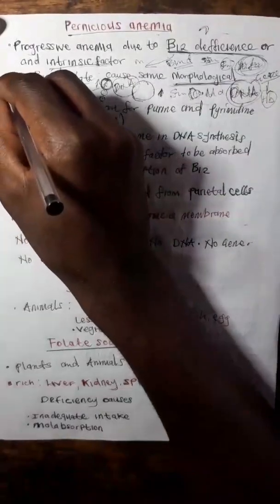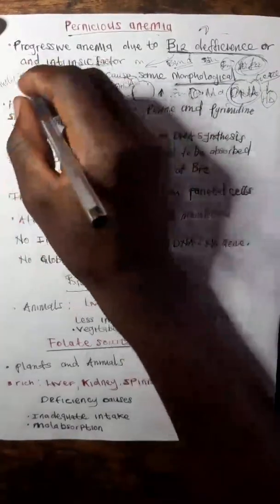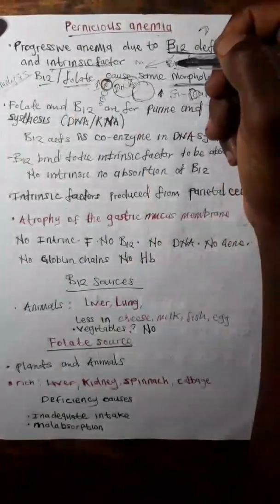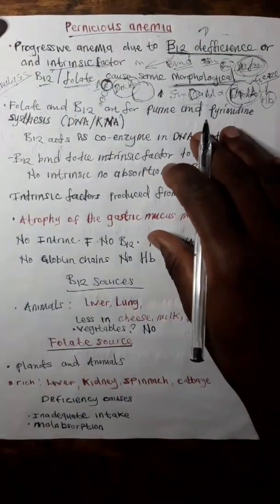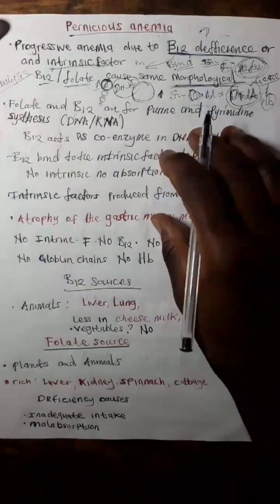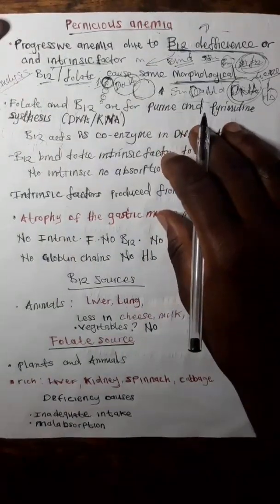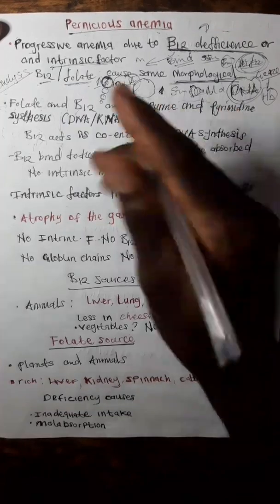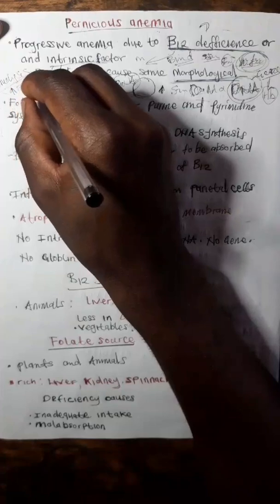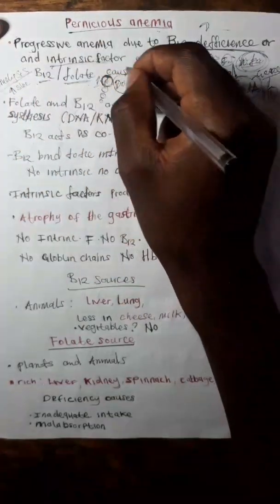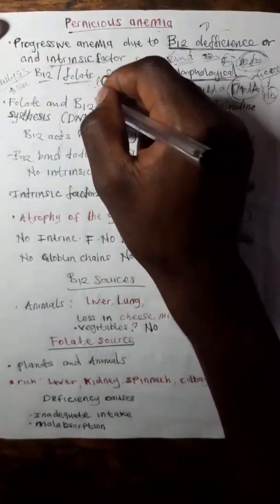One, it can cause hemolysis, the destruction of the red blood cells. Why? Because the red blood cells are so big. And also it can cause splenomegaly, the increase or swelling of the spleen. Why? Because these red blood cells, they